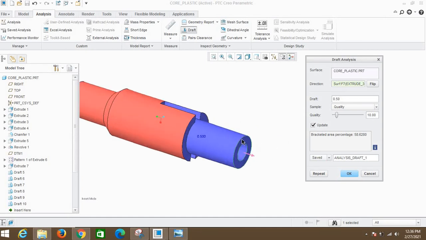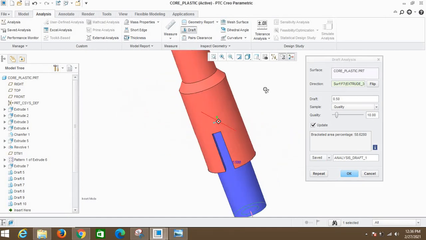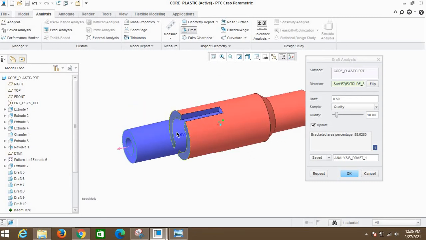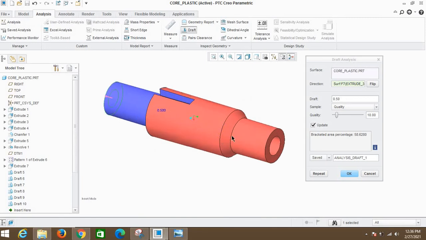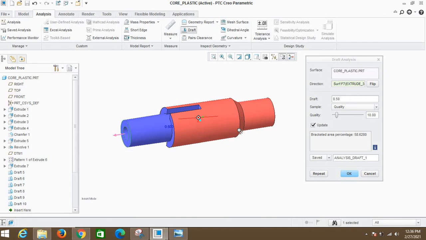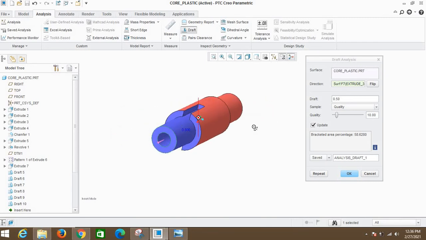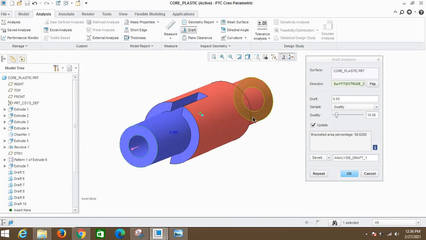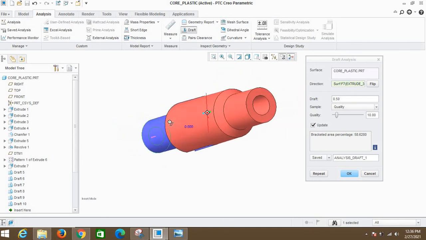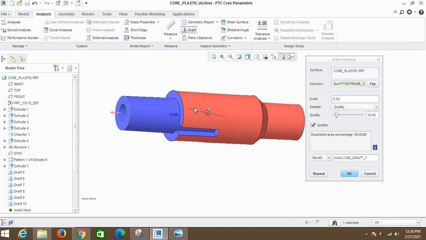Okay, it's okay. Now see, we have complete blue color on one side and red color on the other side. No white faces are there. White faces indicate there is no draft, and no draft means the tool gets rubbed on the plastic parts. So some rashes will come on these faces if there is no draft. Okay, so this is a smooth tool ejection.